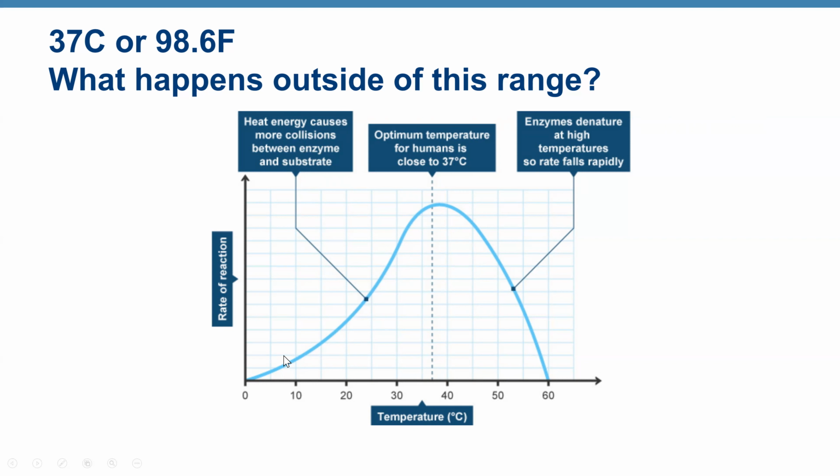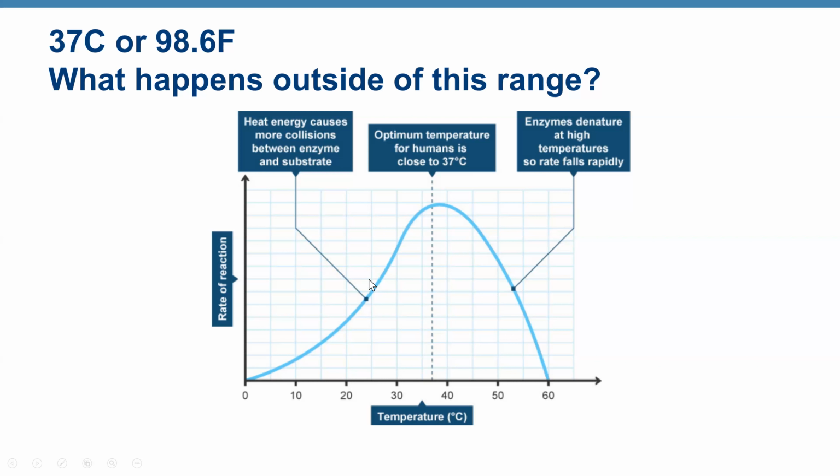But when we decrease the temperature, then less and less molecules collide. That means the reaction happens very slowly. And when you reach a temperature of 0 Celsius, that is 32 Fahrenheit, you can see that the rate of chemical reaction is almost equal